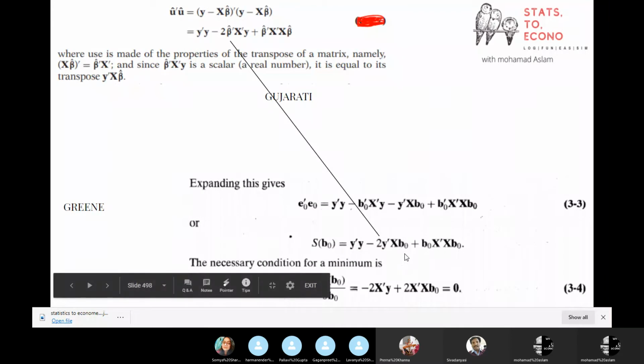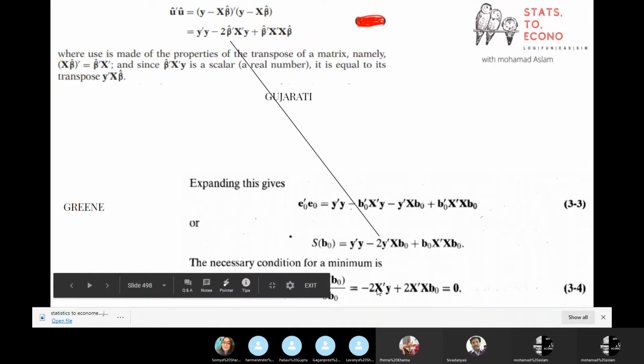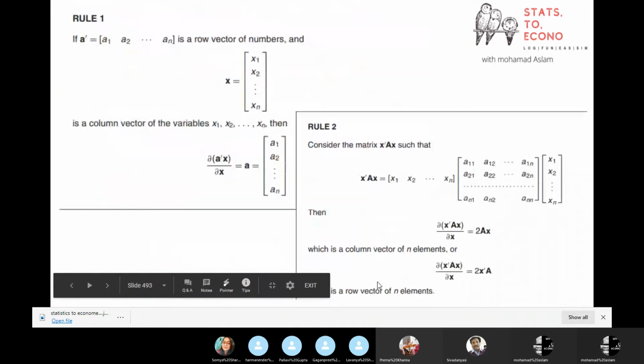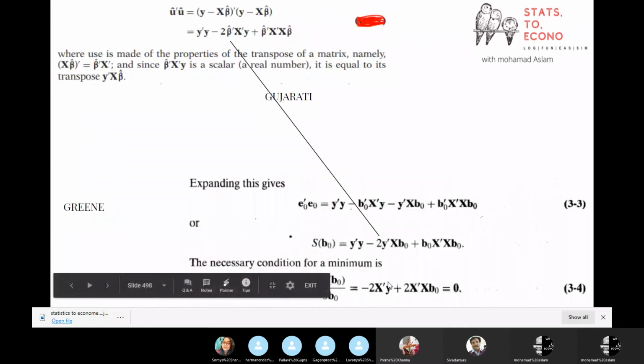that our beta hat matrix is of k into 1 dimension. So k number of rows. So here we need it in the form of a row vector. So intentionally here, in the differentiation process in the matrices, we follow the one in which we keep the row vector. This particular means we did differentiation with respect to x, but we are left with it, now it will interchange with x transpose into A, then you will have the same results. So intentionally we kept here the row vector because we need this dimension k into 1, otherwise the dimension will change.